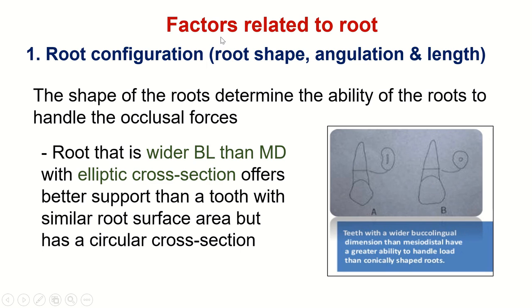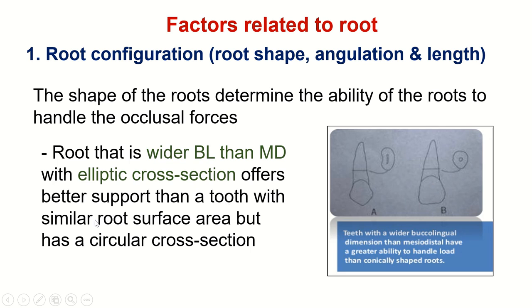The other factors that are related to the root include root configuration. Root configuration includes root shape and root angulation, and also the length. Usually the shape of the roots determines the ability of the roots to handle the occlusal forces. So whenever I have roots with a higher buccolingual dimension than mesiodistal dimension, it will give me better support